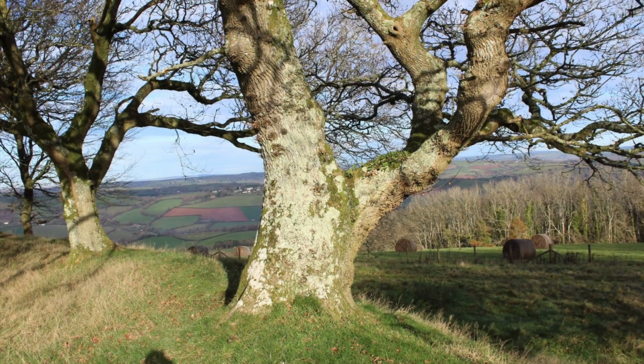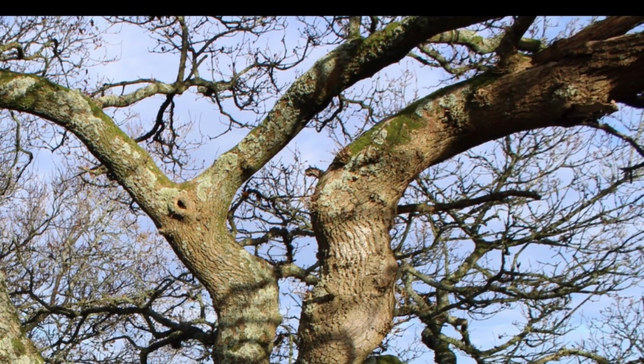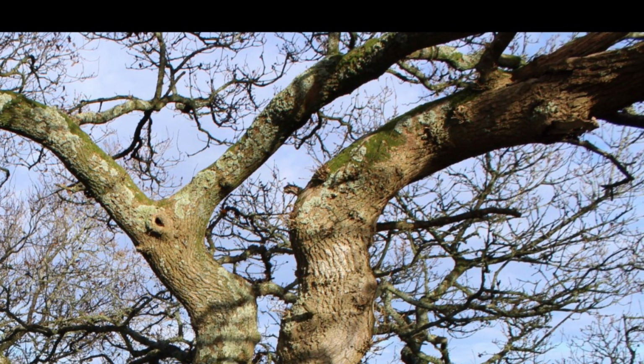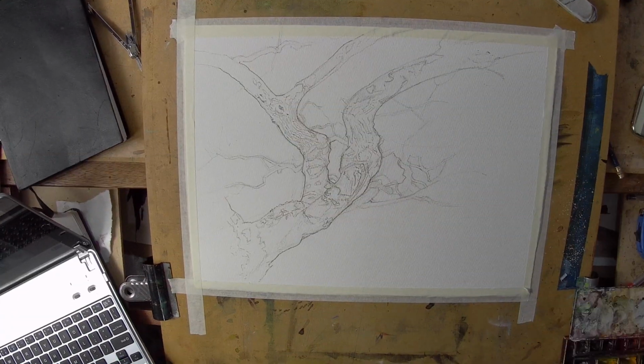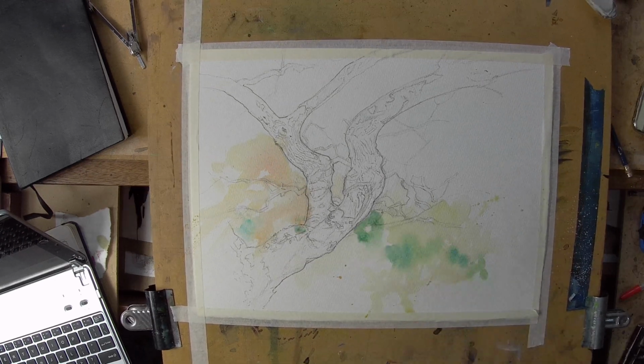I'm doing another study of a tree from Cadbury Hill, but just concentrating on branches this time. This is the study I worked from. It's a close-up of the tree you just saw. I've laid it out in pencil, in line, on the watercolour paper, and I've started to work on the background,